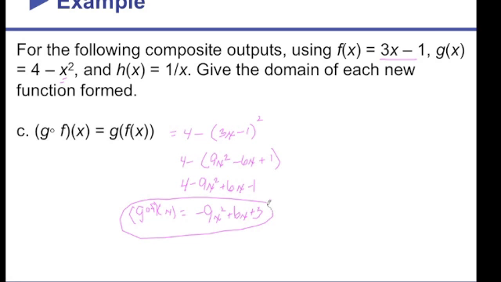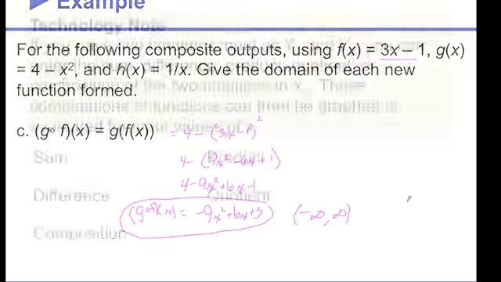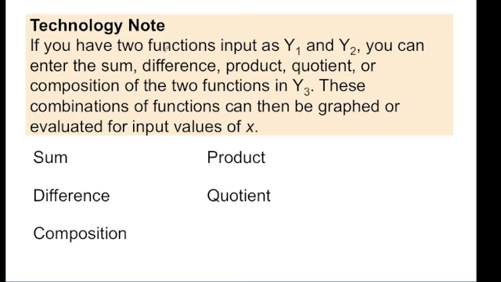And again, it's a quadratic function, and these were a linear and a quadratic, so all real numbers is the domain. Technology note: if you have two functions, the input as y1 and y2 on your calculator,